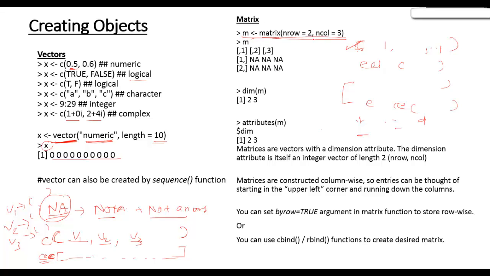Now you can see that this matrix is created, but it has no value. In fact, the data type itself is not specified. So when this matrix is printed, when you write M on the terminal, this kind of output you will get. It will show NA, NA,